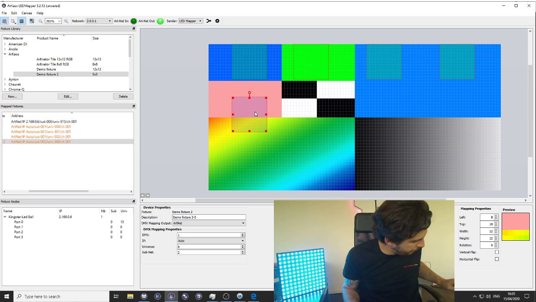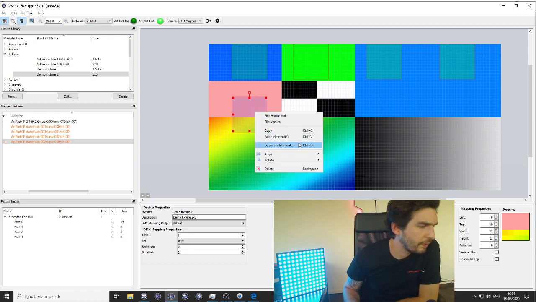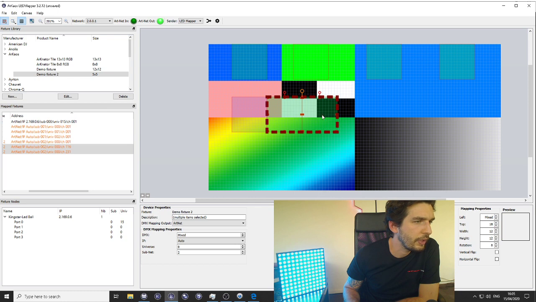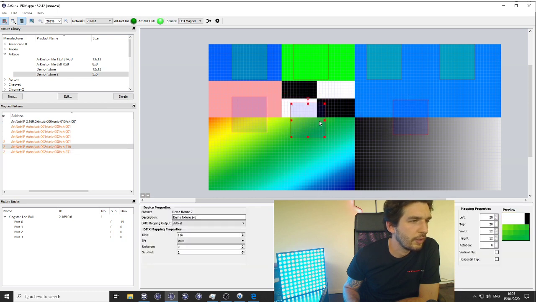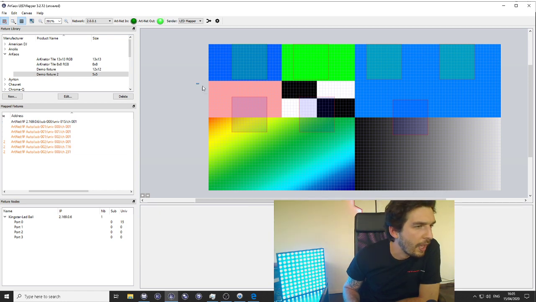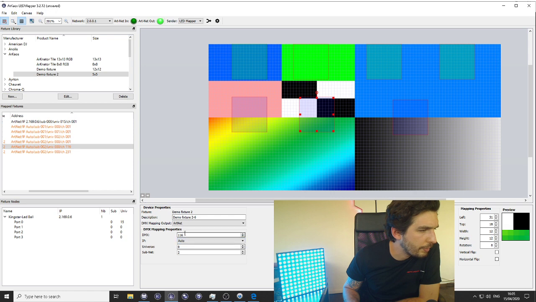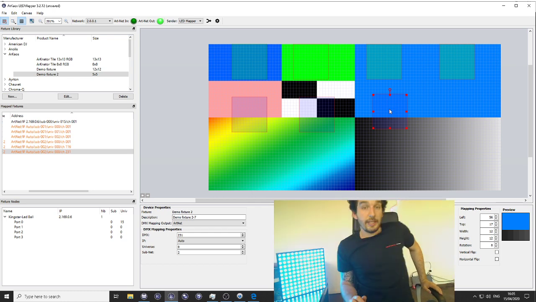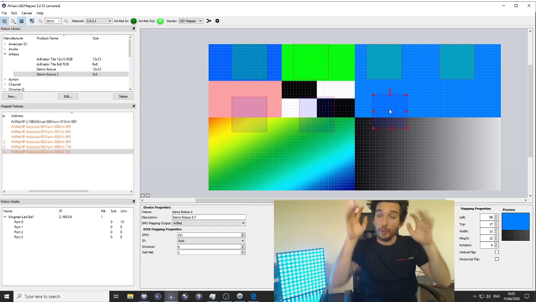I will have three horizontally, yes, three like that. So I duplicate it, it keeps the same mapping. I duplicate those and it goes from subnet 1, and you can see that the addresses follow each other automatically. Okay, that's it. What I need to do now is the same work in my lighting desk.